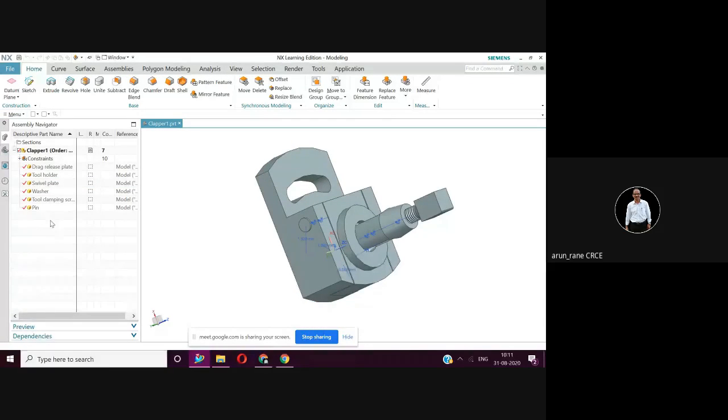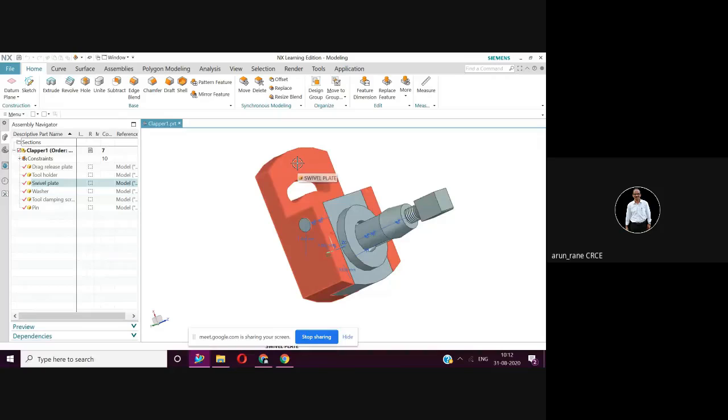There also you click, and you will get the corresponding part, which will be highlighted. Escape out of this. So this is your fuel plate. You can see it in the assembly navigator and also in the model.